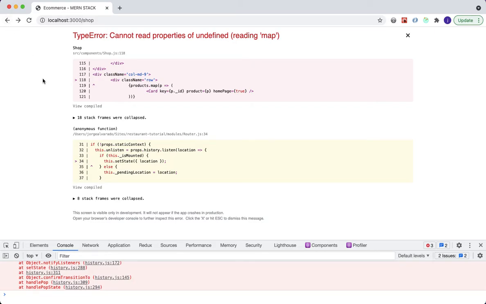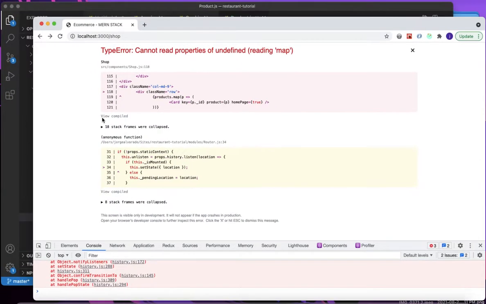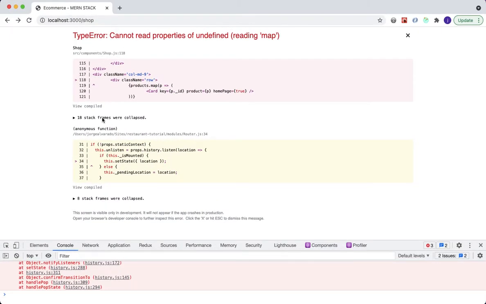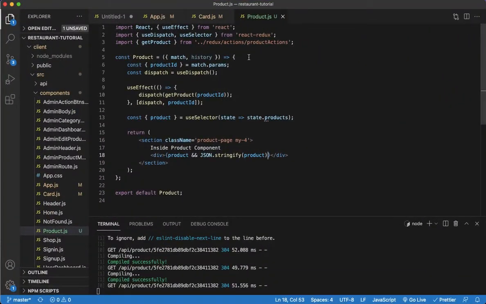Now this is going to be an issue also later on when I'm going to add a back button to the product page, and even if I was not to use the browser's back button, but also the link that's on our component, we would get an error like this. And if you see this error, the reason why is because if we go to, let's see,